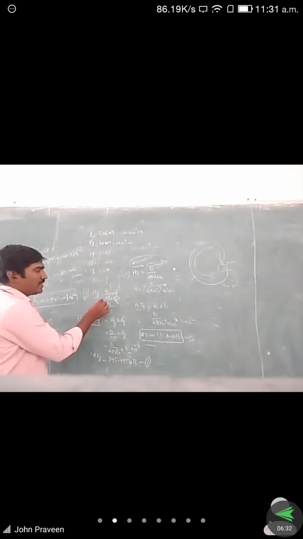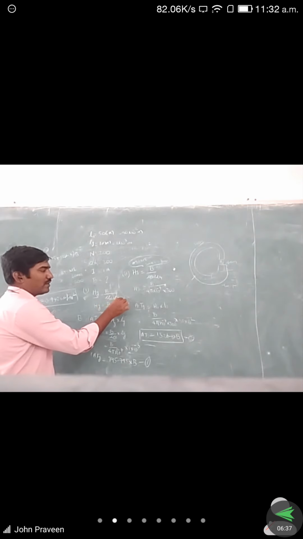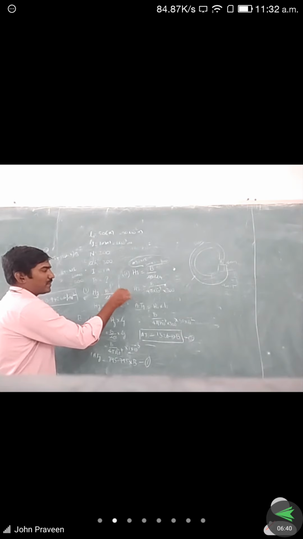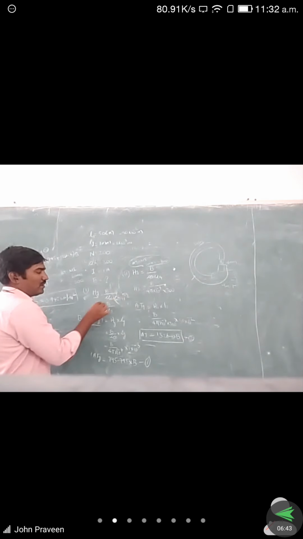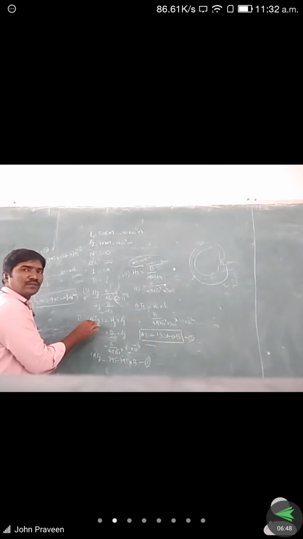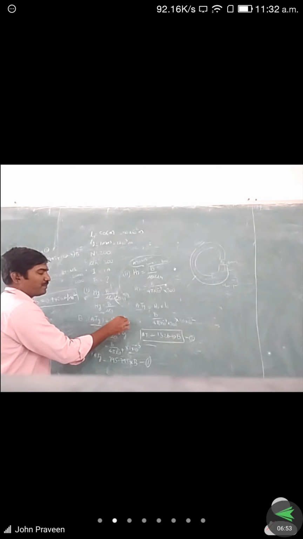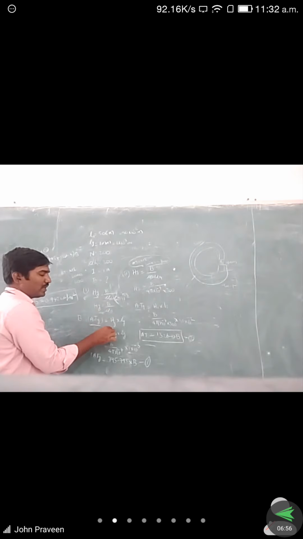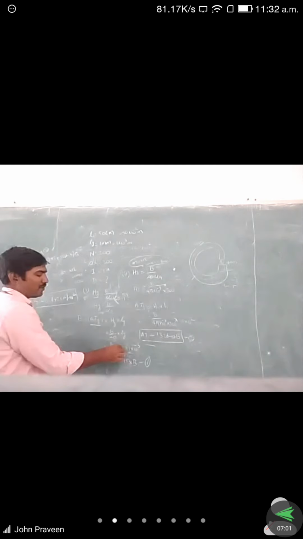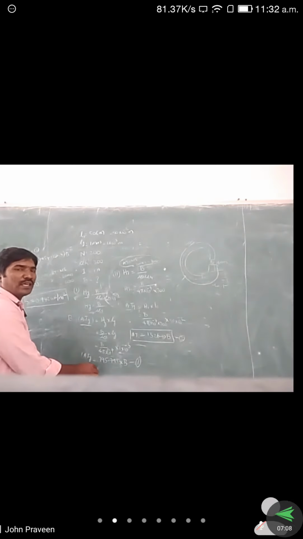To calculate for the air gap, Hg is equal to B by mu naught into mu r. Mu r value we are taking here as 1 because it is air. In air, mu r value is 1. So Hg is equal to B by mu naught. But we want to find out the ampere turns, so we take Hg into Lg. So Hg value is B by mu naught into Lg. Lg value is 1 into 10 to the power of minus 6. Mu naught is 4 pi into 10 to the power of minus 7. If we simplify, we get the value as 795.795 into B. That is equation 1.